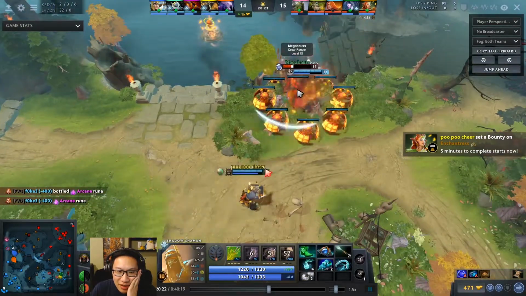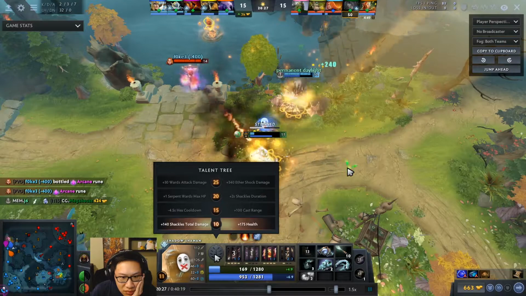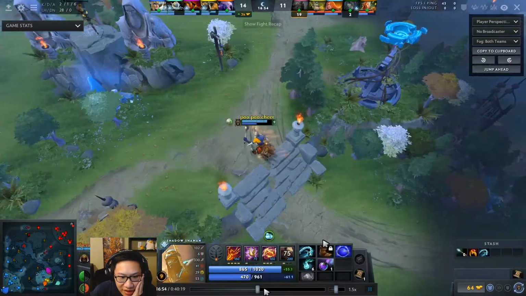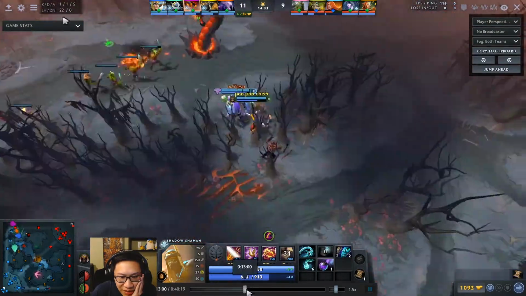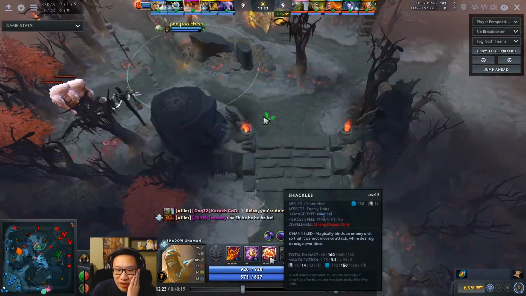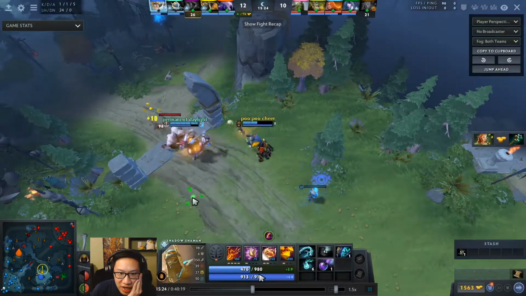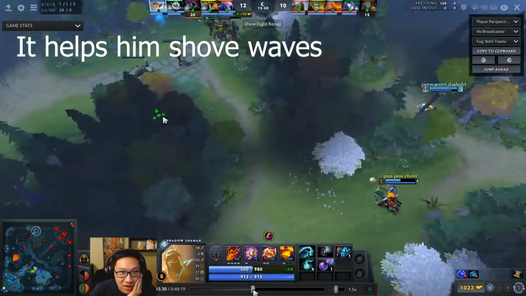Good stuff. Chose to get... Actually, I wasn't paying attention to his skill build fully. Let's go back a little bit. Okay, so chose to max out... Got 2 points in Shackles early to be able to make plays, and then has since then been leveling up Ether Shock, which I think is a good choice, because that lets you...